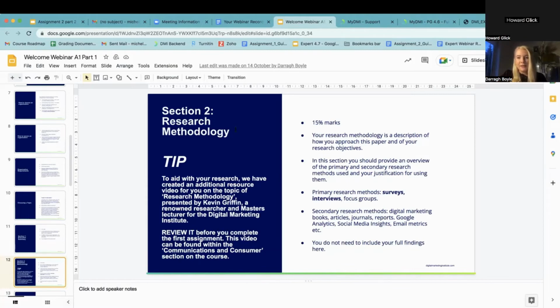Then the secondary research is anything you find that's been done already. So for example, books, articles, journals, reports, academic journals, any insights. You can use both academic, you can use industry expert reports, things like that. Anything you find, you have to reference it. So you know what you're talking about, but in the sense of this assignment, your opinion doesn't matter. You can't give your opinion.